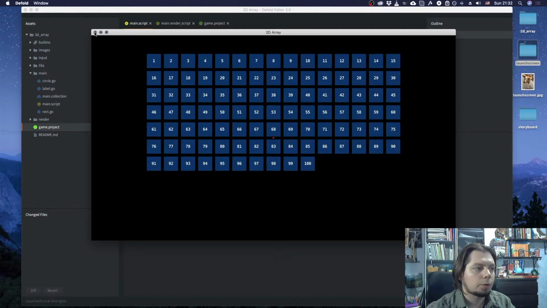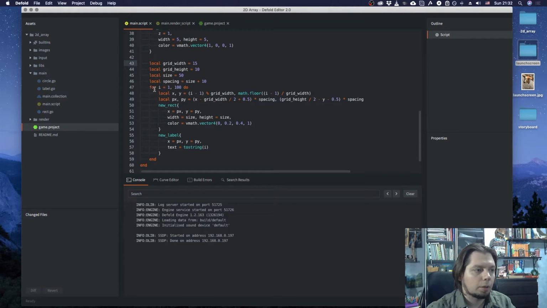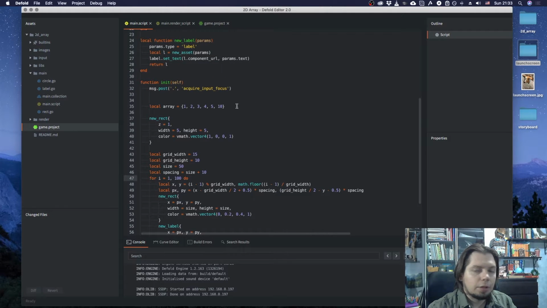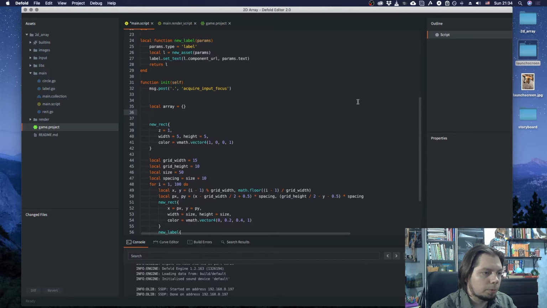Sometimes it is useful to code your grid in a single for loop. Sometimes it is more convenient to use double nested loops. And now let's look how can we represent a two-dimensional array in Lua. A straightforward approach would be to use nested tables. So say we want our array to be 10 by 10,